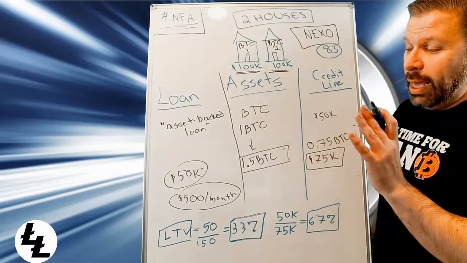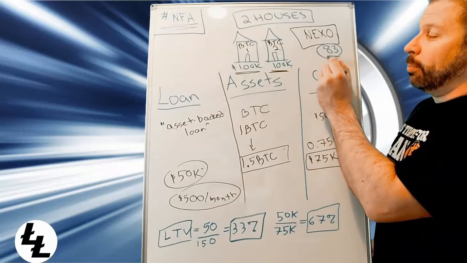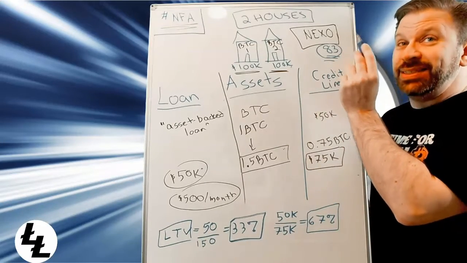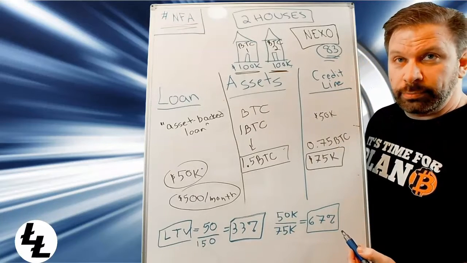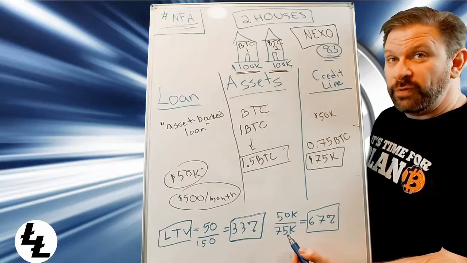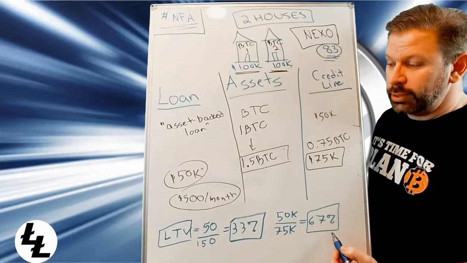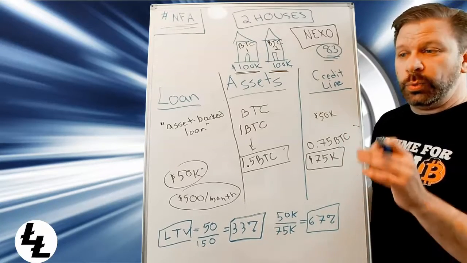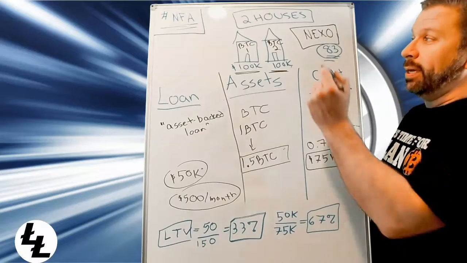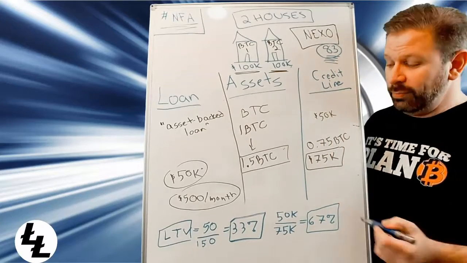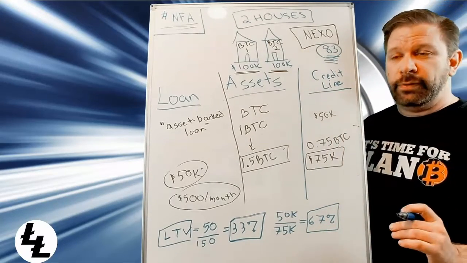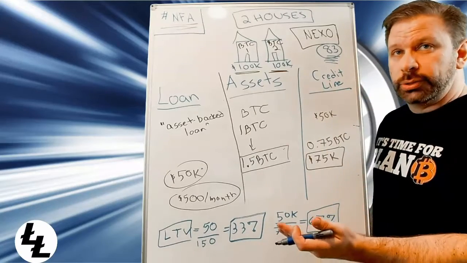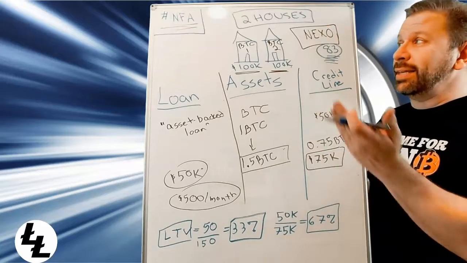So that is why I like NEXO, because the margin number on NEXO is the highest I've found. I looked at Celsius, the number is 65, which is very close to this number. So you see, when Bitcoin would get to 50,000, you'd be in a danger zone with Celsius, whereas I could go all the way down to 40,000 and still be marginally okay with NEXO. So NEXO gives you more breathing room because the margin number is higher for your loan to value to be safe. So that covered how payments go. That covered how the margin call works. And that tells you why I like NEXO over Celsius.